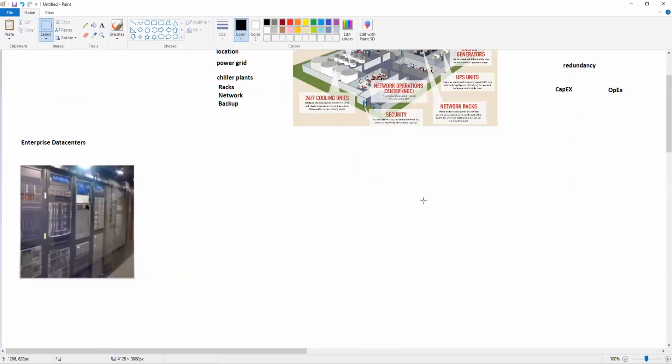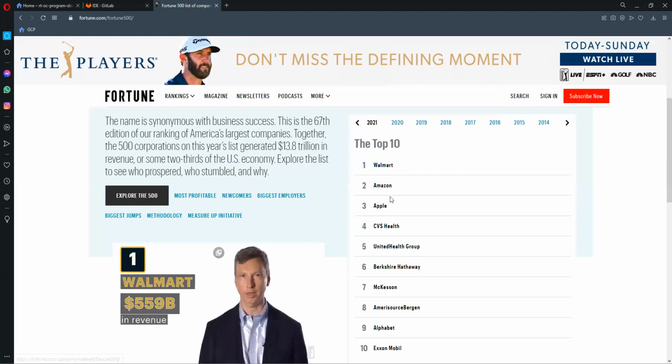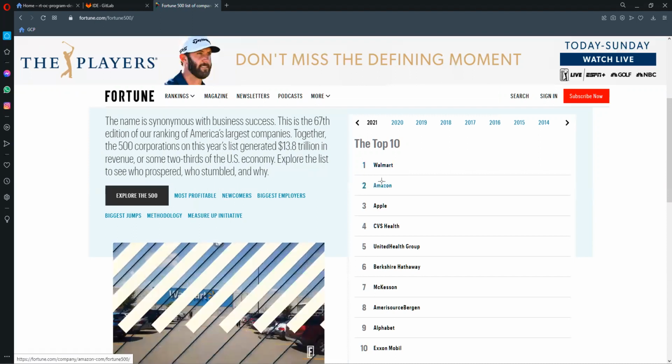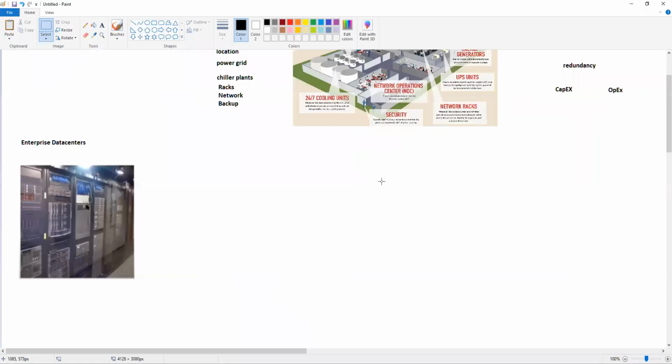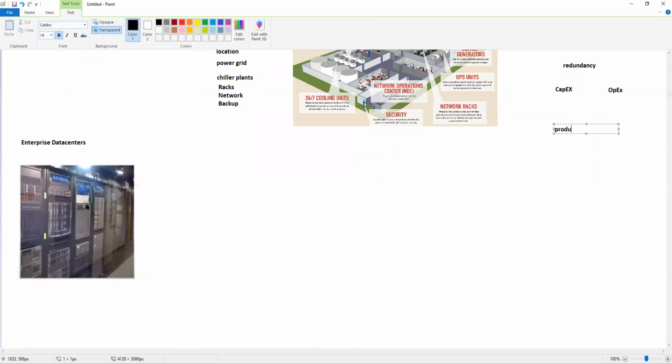One more thing that we call these companies that we see here: in IT, any company that is not providing IT services, we simply call them a product-based company. And any company that is providing IT services, we call them a service-based company.